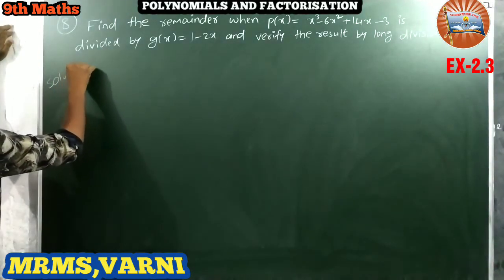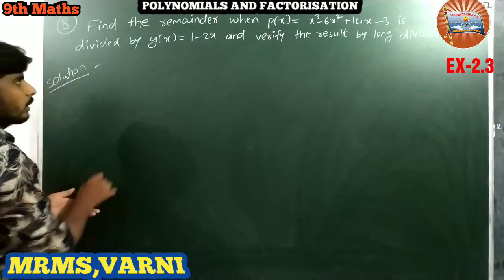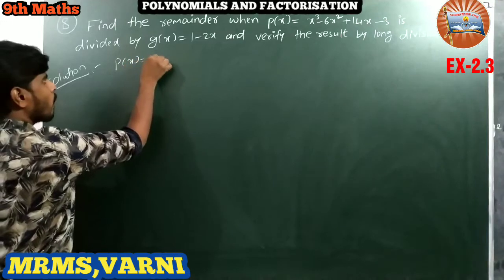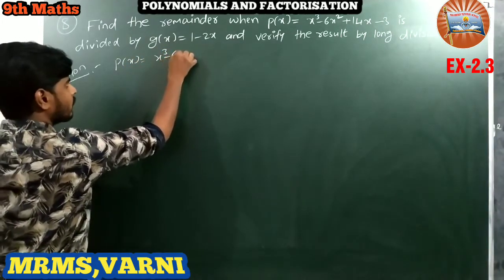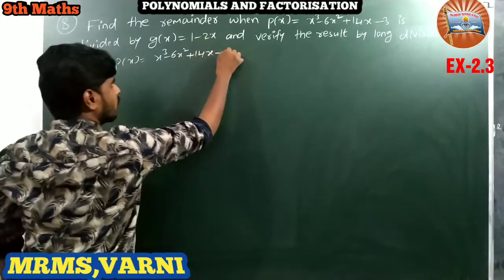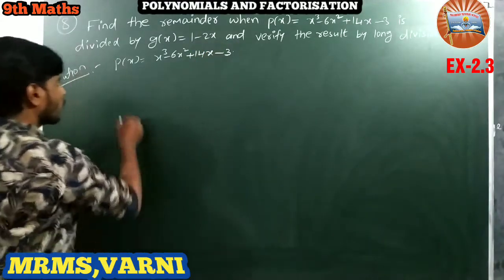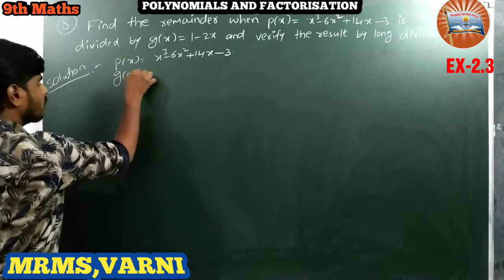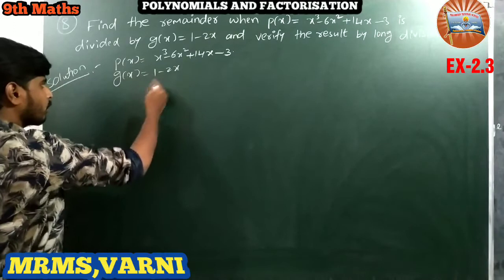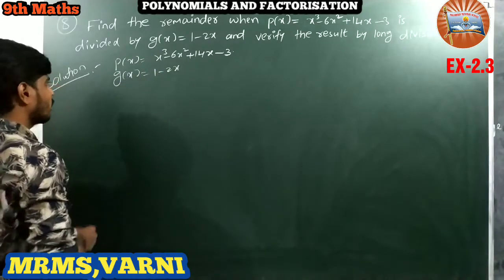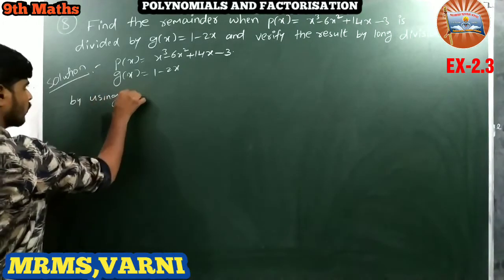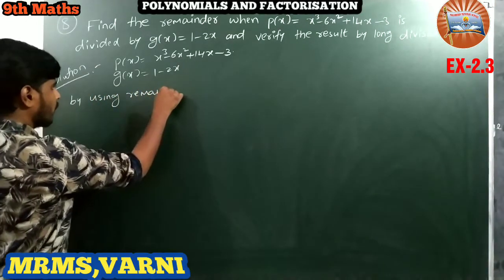Solution. So given p of x is equal to x cube minus 6x square plus 14x minus 3. Given g of x is 1 minus 2x. Here we have to divide p of x by g of x. So by using the remainder theorem,